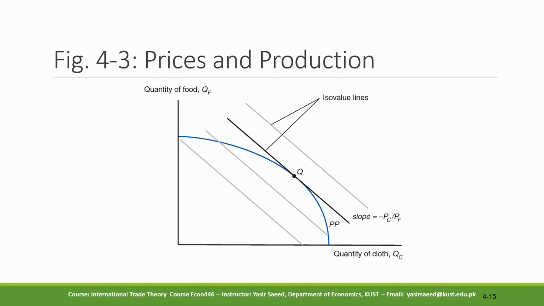Let us integrate this ISO value line into our production possibility frontier. Our first ISO value line, let us call that V1. This is possible, we can produce anything on V1, but this will be an inefficient production because it falls below the production possibility frontier. Let's say if we produce at point A, we are not utilizing our entire resources. Again at point B, we are using more resources than before, but again this is not efficient. At point C,